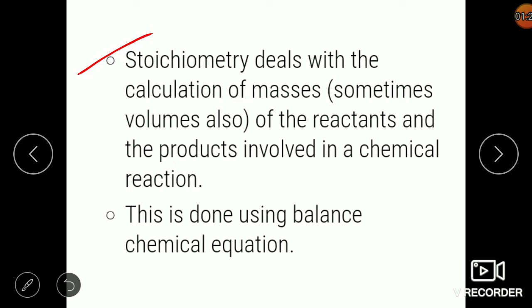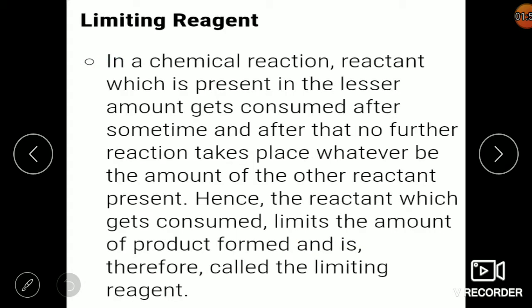Okay, and you have to remember one thing: what type of chemical reaction you will choose. For stoichiometry calculation, you have to consider the balanced chemical equation. In class 10, all of you have learned how to balance the chemical reaction. So first, whatever reaction is given, you have to balance the reaction and then you can do the stoichiometry calculation, in which you can calculate the mass of the reactant and product. So that is your stoichiometry.